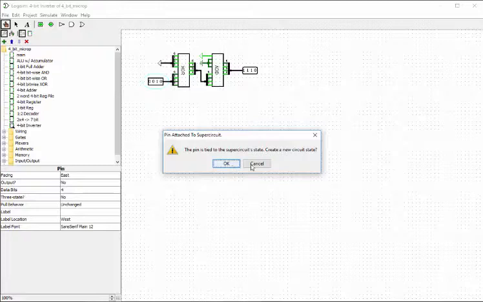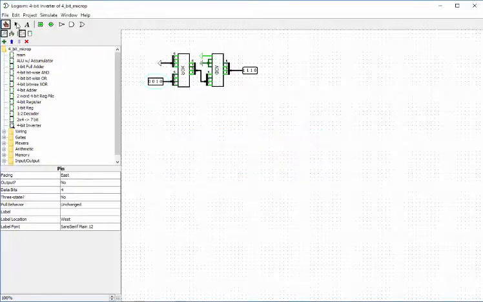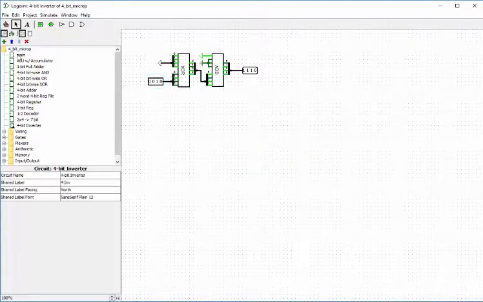Oh. Well, we won't do that then. It's a little bit of a logic gap there. Anyway,